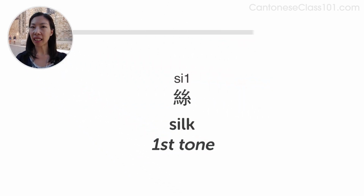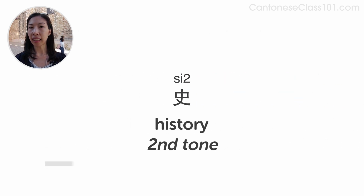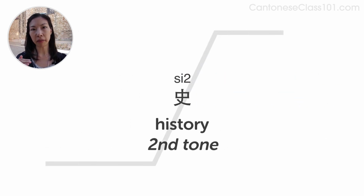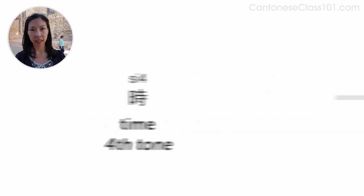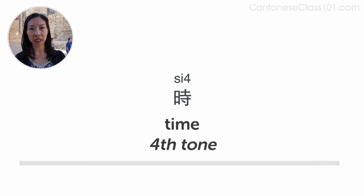The first tone is high and steady. Si. The second tone starts with a low pitch and rises to a high pitch. Si, history. The third tone is a mid-tone. It's pronounced in the middle of your range and it is steady. Si, to try. The fourth tone is the lowest tone. Si,